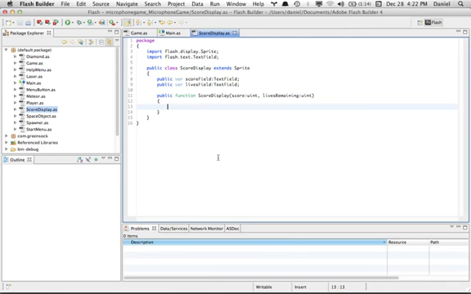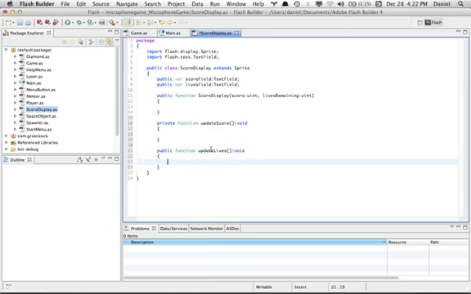Now let's create two functions, namely update score and make them public, and another public function, update lives. So change that to public,